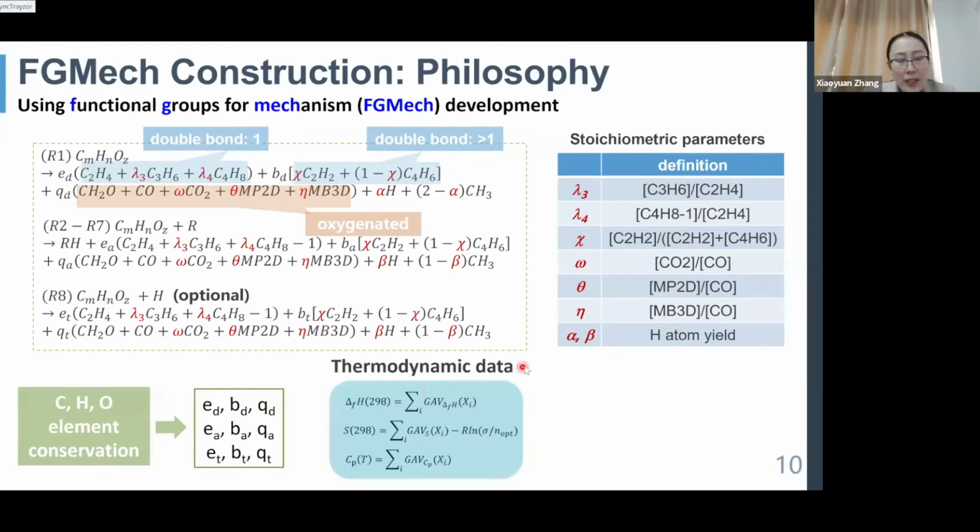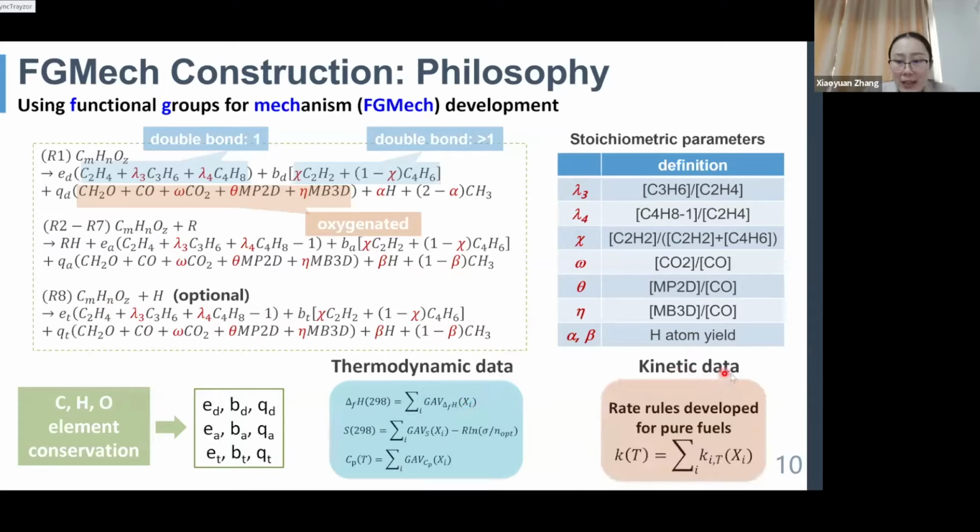For thermodynamic data, we can add up the contributions of each functional group to compute the thermodynamic data of the real fuels. For kinetic data, we can adopt the rate rules developed for pure fuels and add up the contributions of each CC bond dissociation reaction and each CH bond abstraction